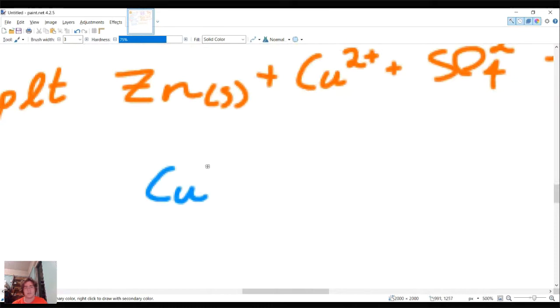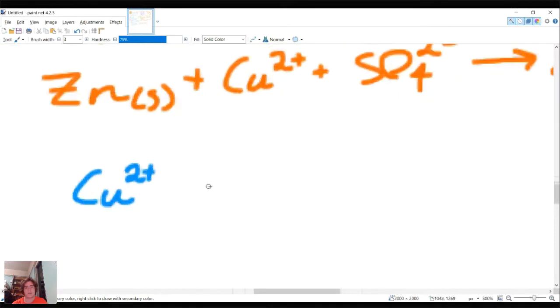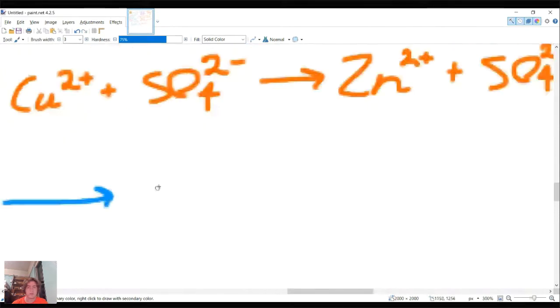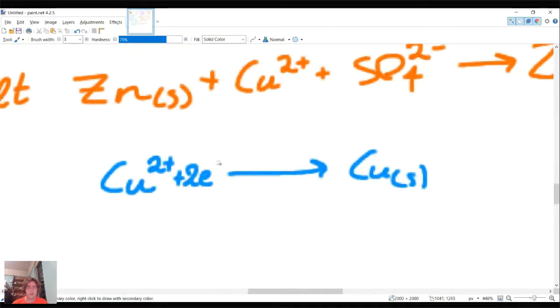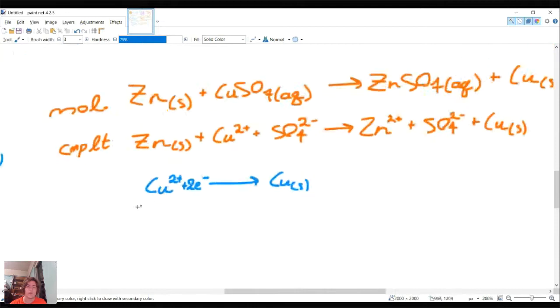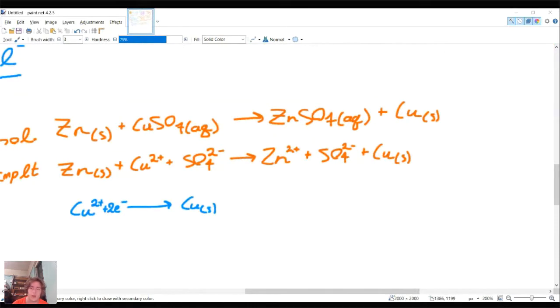We have the Cu2 plus forming, or rather, I'll leave the arrow here, solid copper, and what got added here is 2 electrons, right? Something with the +2 charge turning into the same thing with the neutral charge. You have to add electrons to it, so it's turning into a different species. So while you are right, there's copper on both sides, the copper is turning into a different kind of copper. Does that make sense?